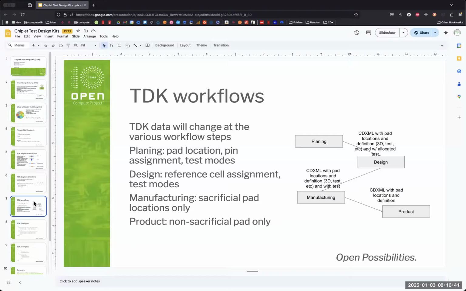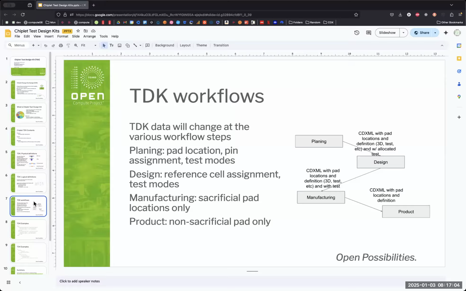So the file format is meant to be input and output, where an EDA tool would read it in, a user would modify it, and a new file will be generated out of this. And again, right at the end of the day,